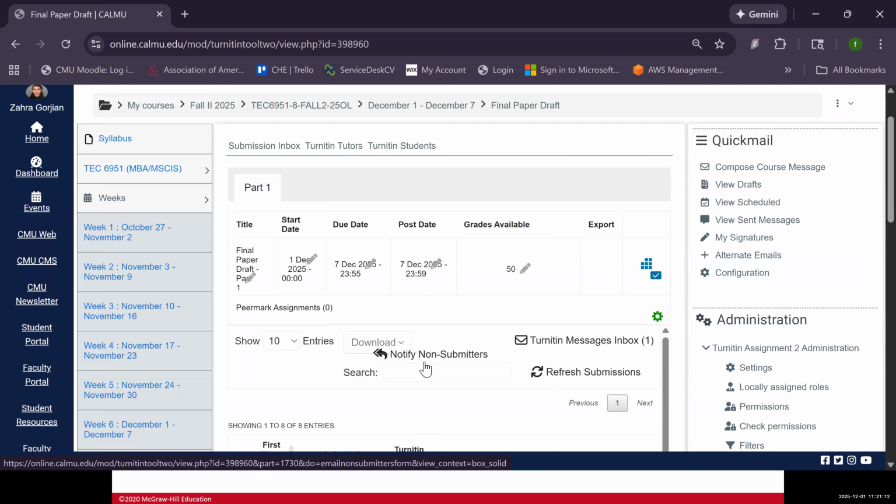Abstract and table of contents are not mandatory, absolutely optional. If you want to have them, you are more than welcome to add those, but it's not mandatory. And then after the introduction section, you need to start your literature review. You need to talk about your methodology, whatever you have been using. If you're only exploring the literature, it is going to be a semi-systematic literature review for your methodology, but you have to mention what methodology you have used for gathering your data.